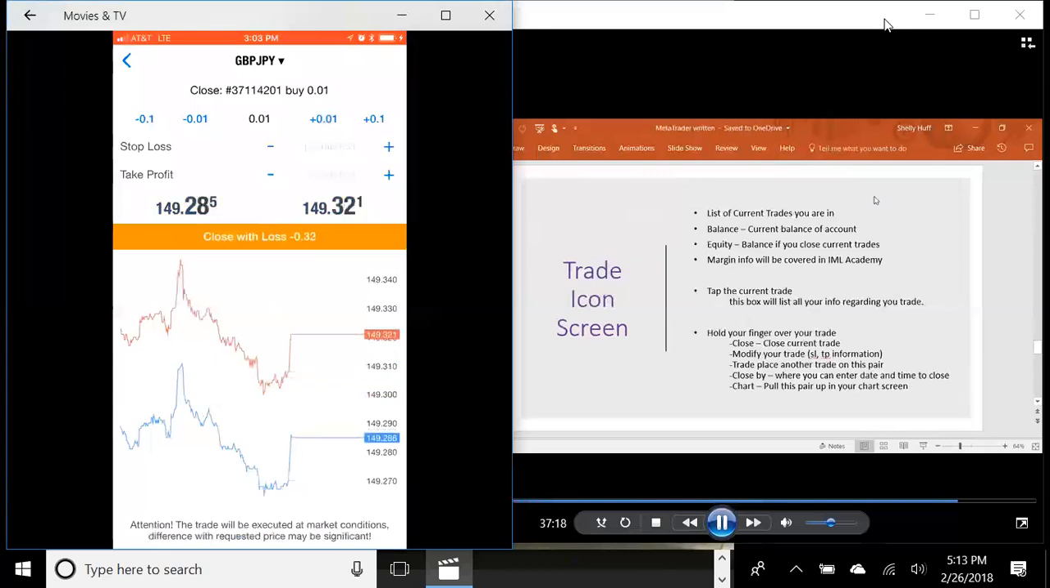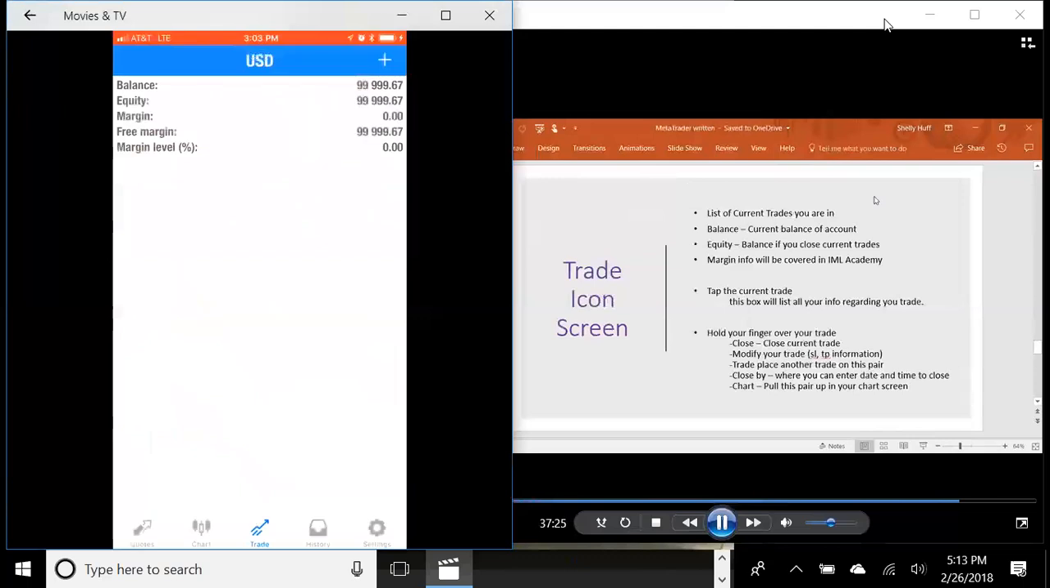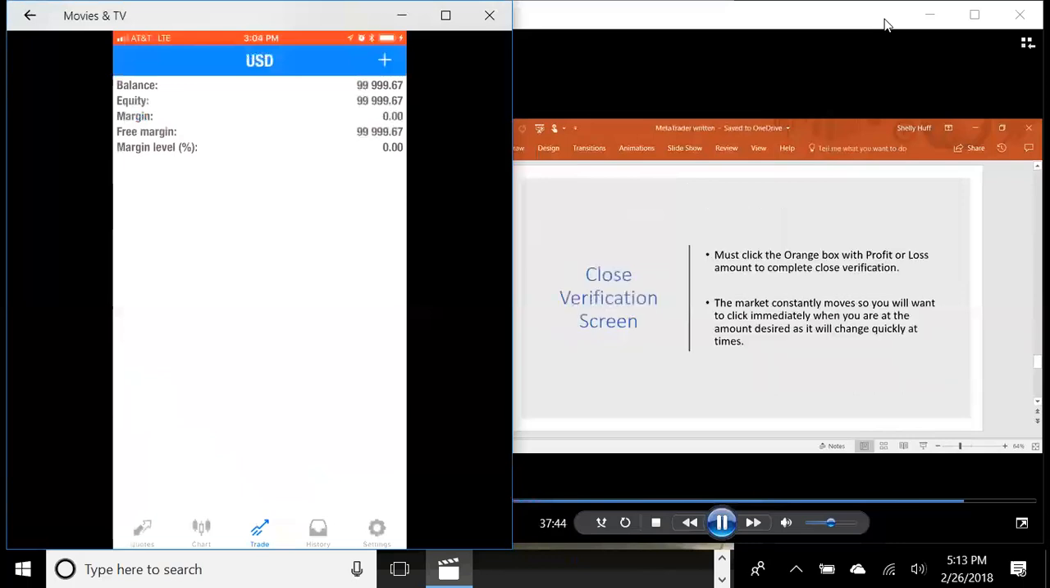So click your orange box, and now you see that trade is gone from your screen. So you have closed that. And if you look at the top, your balance has now changed to the equity number that was listed there. And you have completed creating and closing a trade. So next, I'm going to take you,